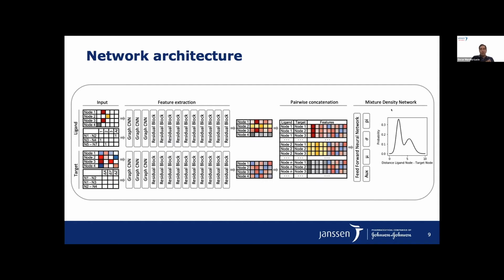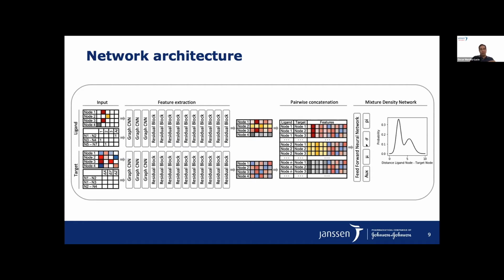The mixture density network predicts a set of parameters that we use to describe a distribution. This distribution will be a mix of Gaussians, and the model will predict a set of means, a set of standard deviations, and the coefficients used to mix